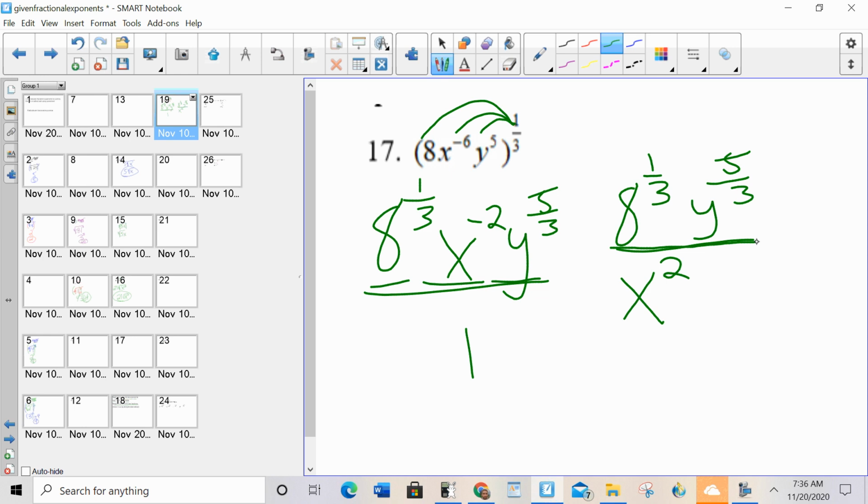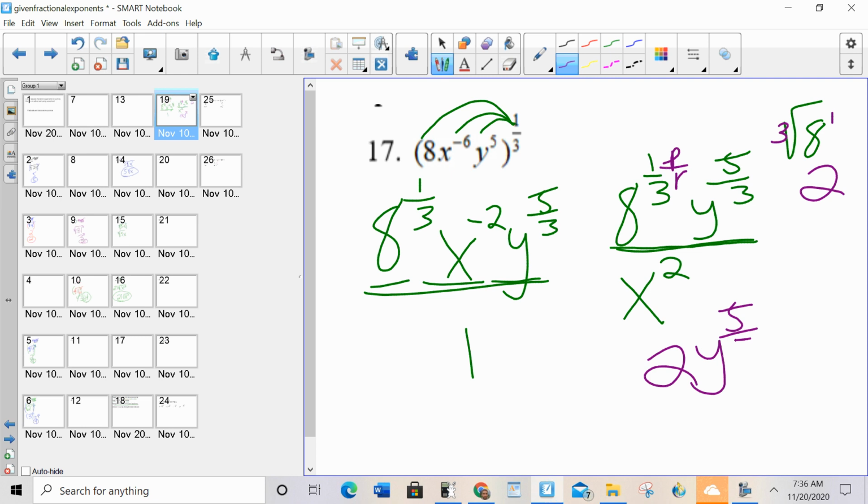Ideally, you can do that mentally at this point. I can do it off to the side. Radicals are fractional exponents. It's the power over the root. The power is 1. The root is 3. The cubed root of 8 is 2. To the first power is 2. 2y to the 5/3